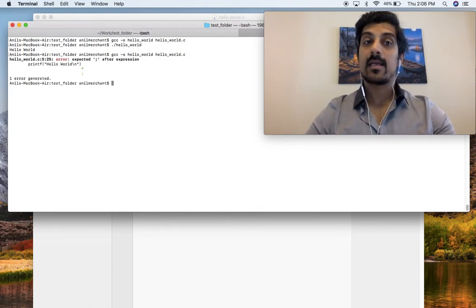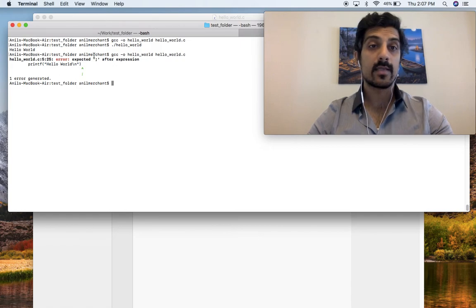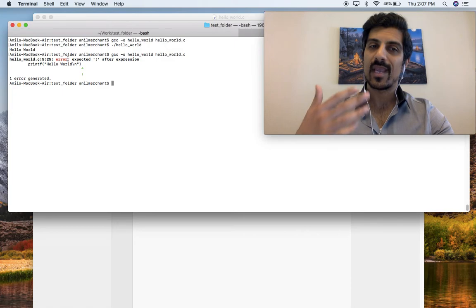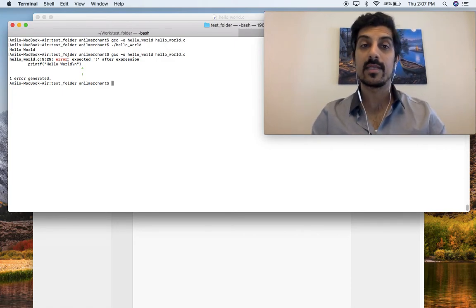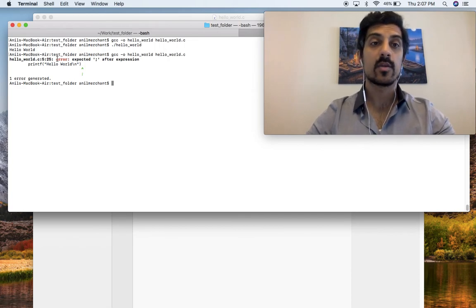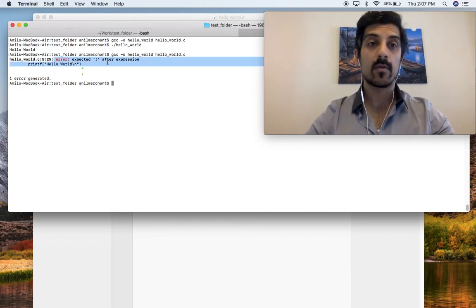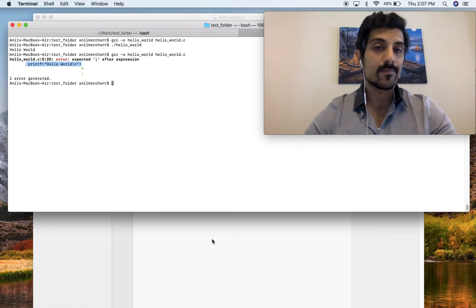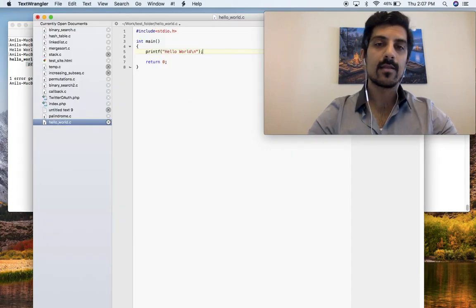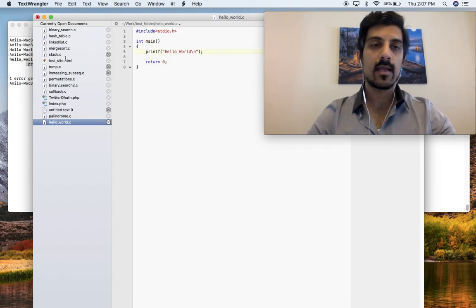And as expected, the compiler is not too happy, right? It's saying that it's missing something. And the compiler is pretty good at telling us exactly what we're missing. It won't always be so obvious as you go deeper and deeper into this, but in this case it is. It's pretty clear. So when you're debugging, this is pretty helpful, right? It's telling us that it's missing a semicolon. It even tells us exactly where, right after the printf line on line 5. So, pretty intuitive, right? Let's add that semicolon in there, save it again.